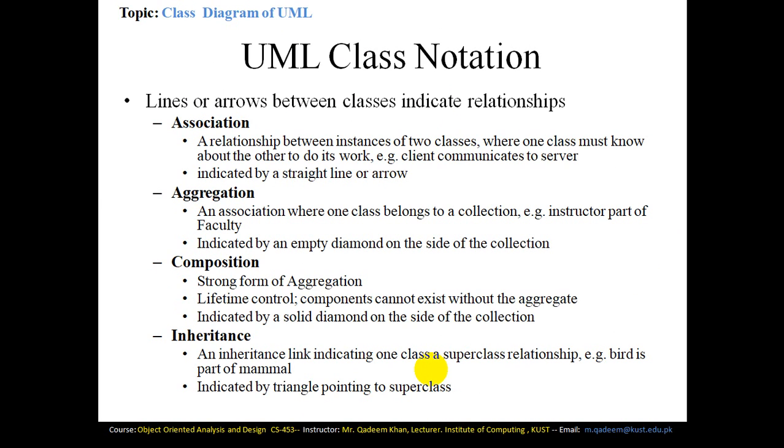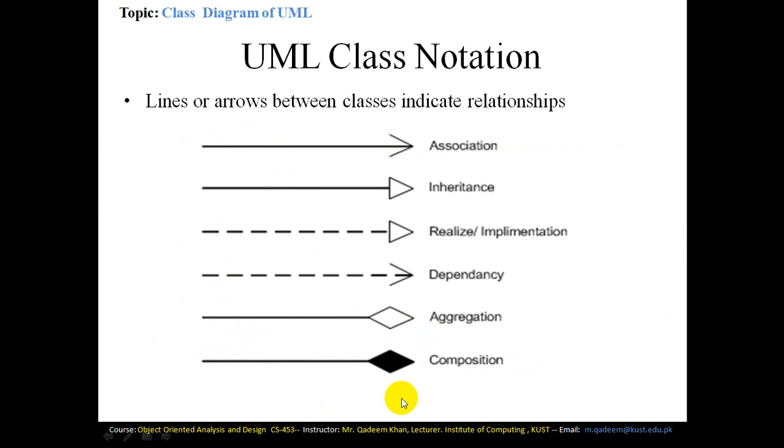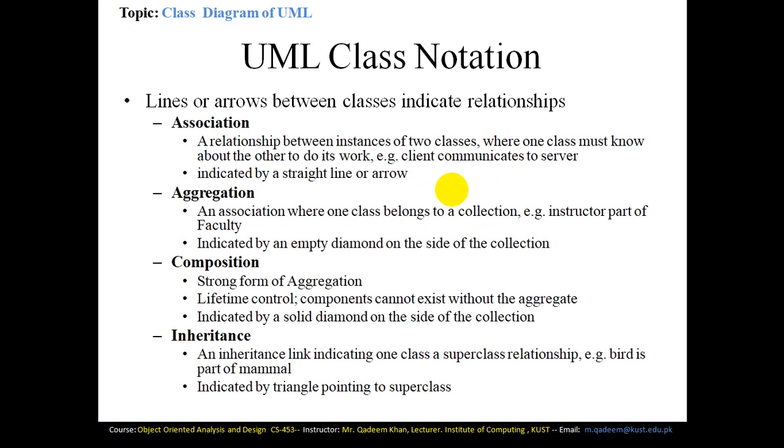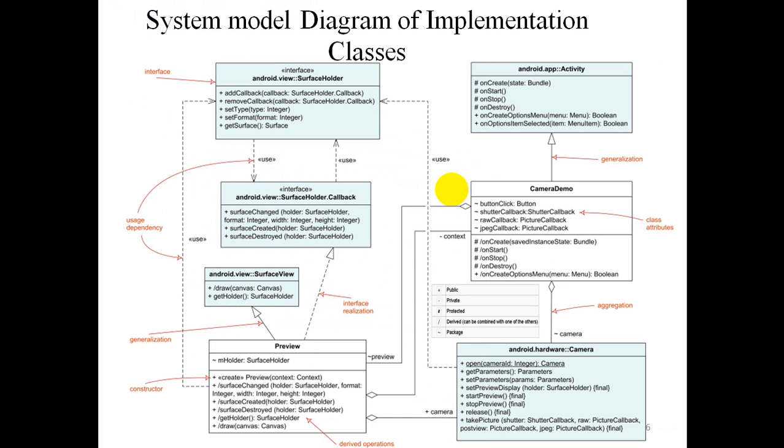By considering that the child class has certain functions, these are particular sorts of objects which can access the parent class. For example, bird is a part of the mammal. Mammal is the superclass, bird is the child class, indicated by a triangle pointing towards the superclass. Okay, so this is the inheritance. Inheritance means you can see there's a triangle pointing towards the parent class. The triangle pointing towards the superclass means that, for example,